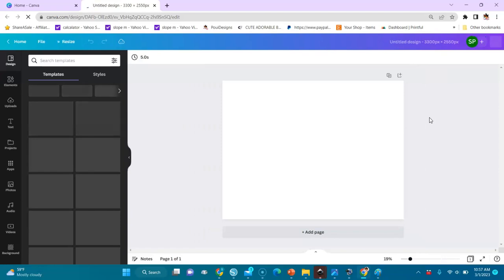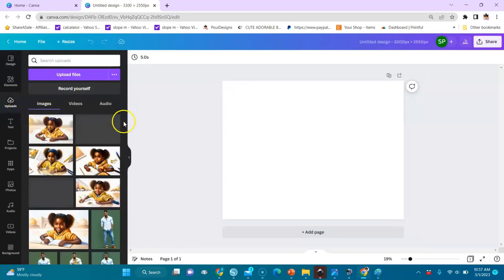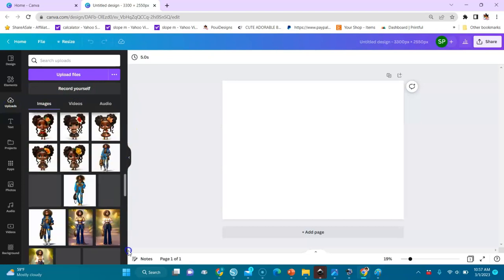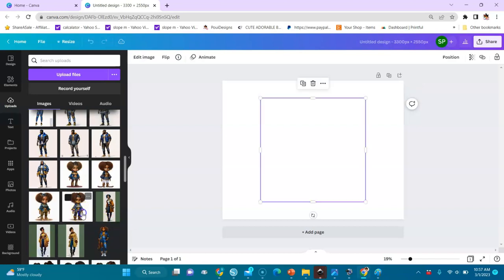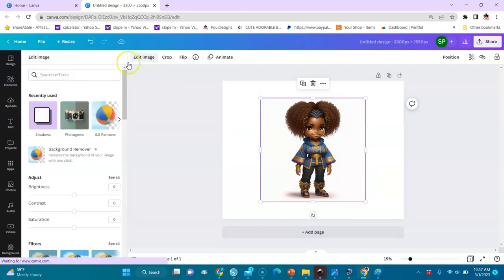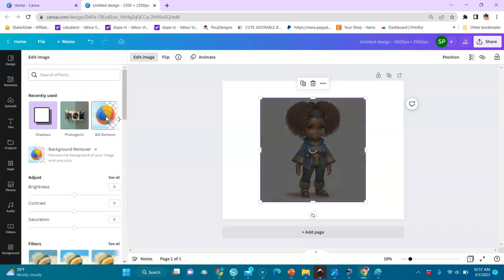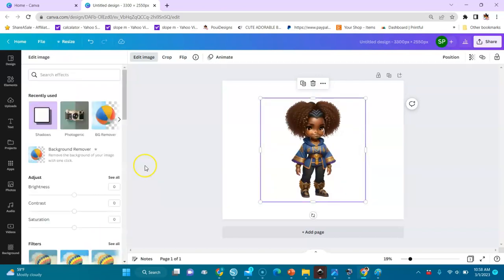Okay, here we are. I have uploaded my design already. I'm going to scroll down to find it. Yeah, right here somewhere. I'm going to choose this one right here. This design looks like it has a white, transparent background, but it doesn't. I'm going to remove the background. I'll keep it selected, go to edit page, and I'll remove the background with this one right here. Okay, it's working. Apply the removal,